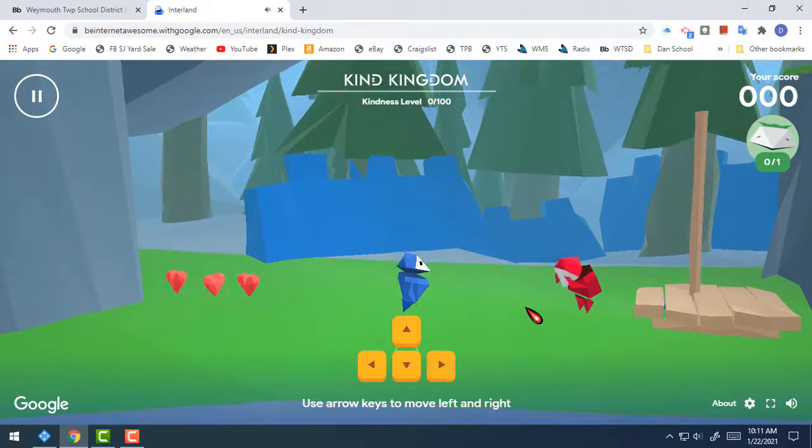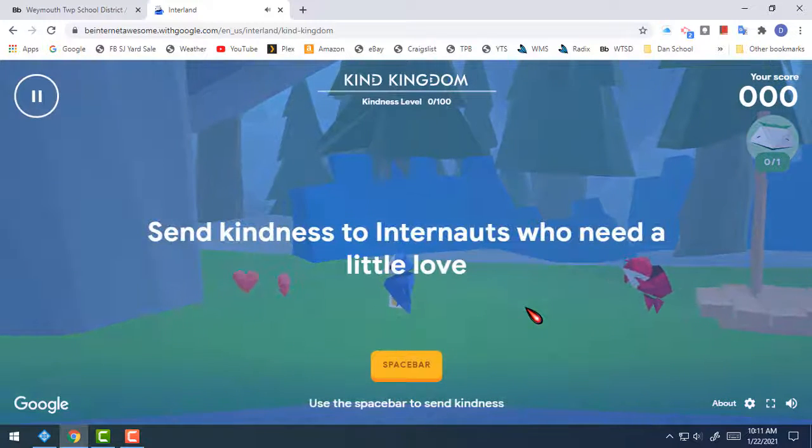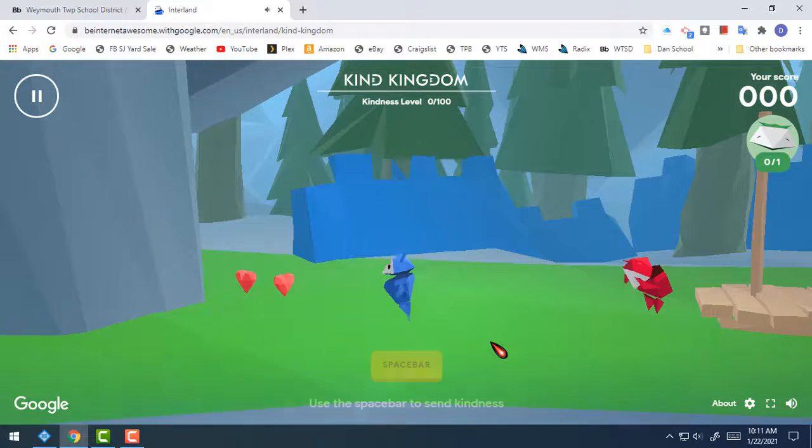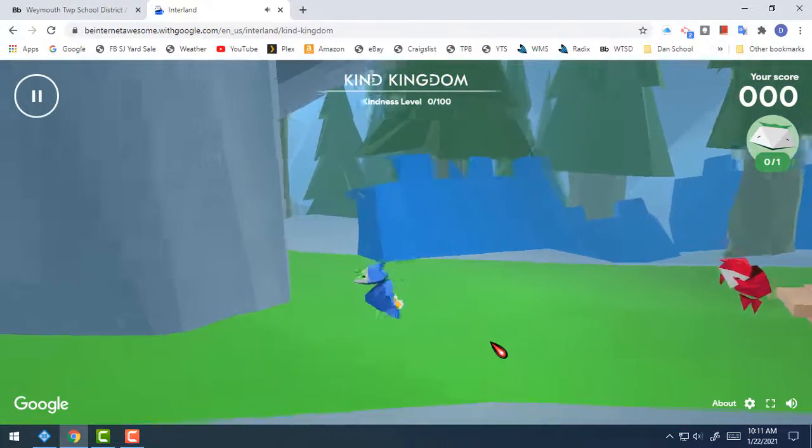All right, so after it gives you that little introduction and tells you a little bit about it, now you're this other character, the kindness guy, who helps internauts who need a little goodness. It keeps talking. Hold on. Okay, and as you go through, you can move him around with the arrow keys, and see we're collecting these